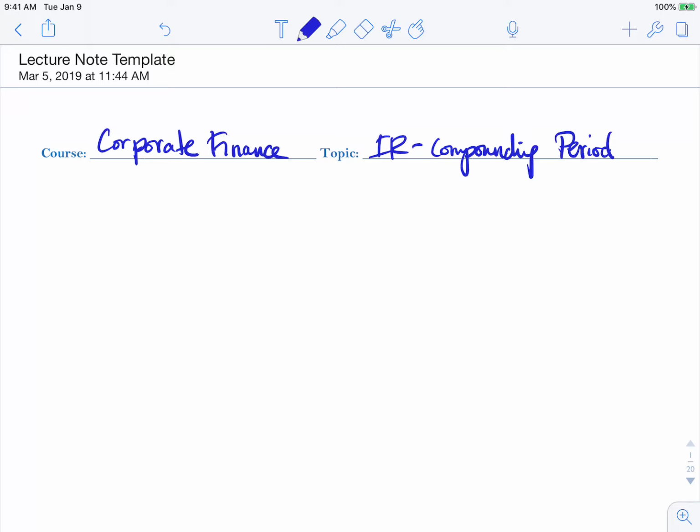So in this lecture, I'll talk about compounding periods. So far, we have assumed that compounding and discounting occur yearly. But sometimes compounding may occur more frequently than just once a year. So for example,